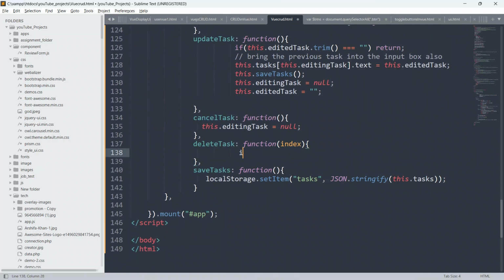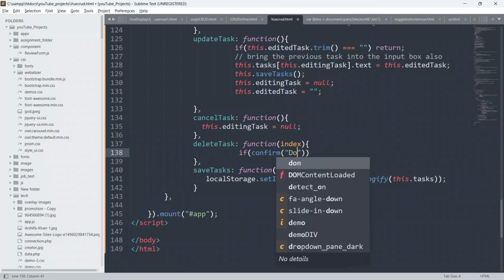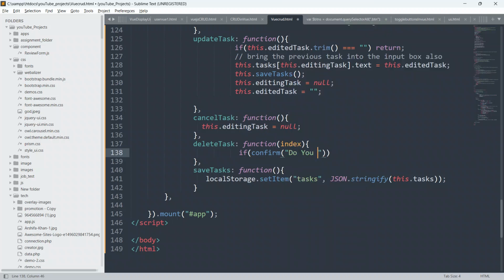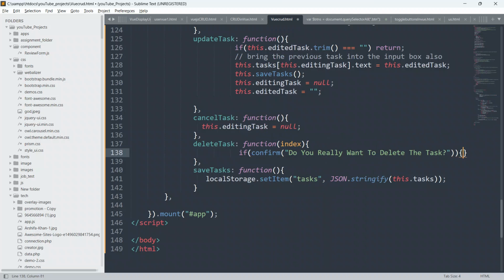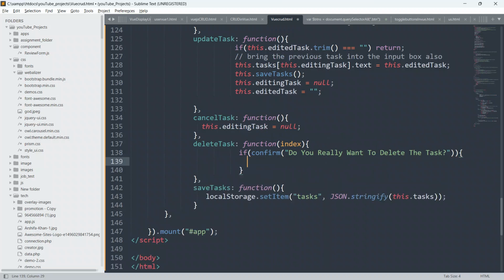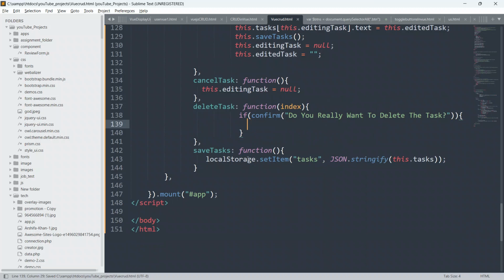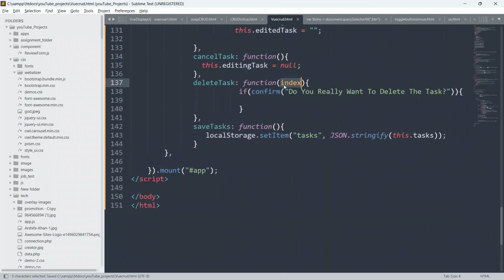We will check first: if confirm, we will pass some parameter here also. We will say, do you really want to delete the task? Whenever a user presses the OK button, only then we will delete the task by its index.